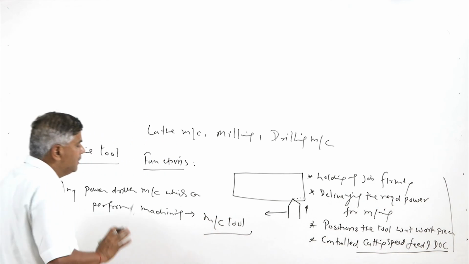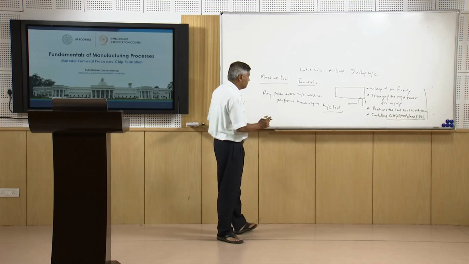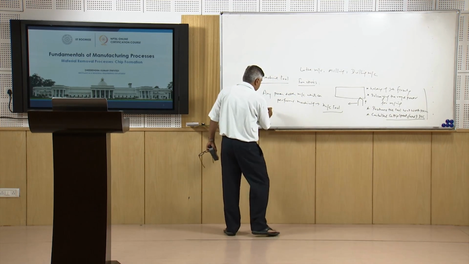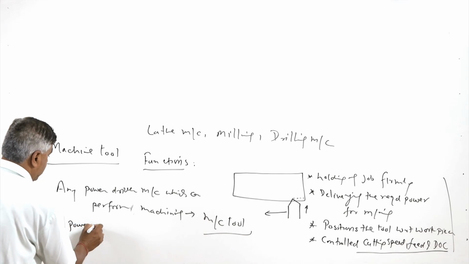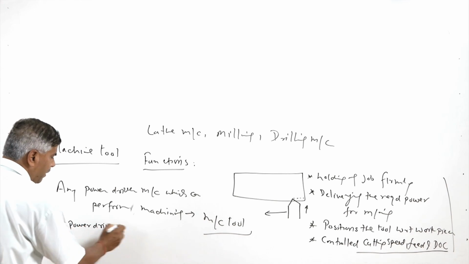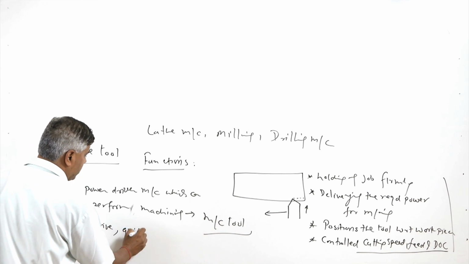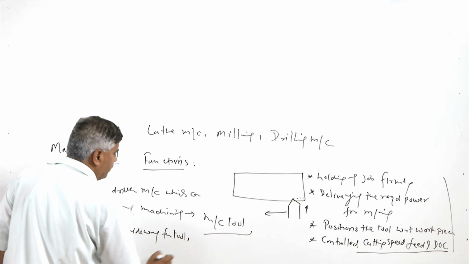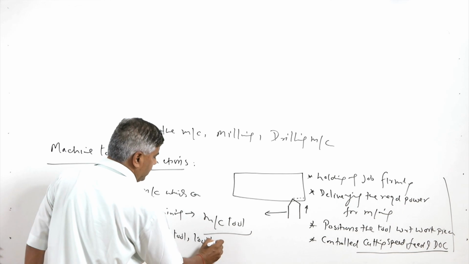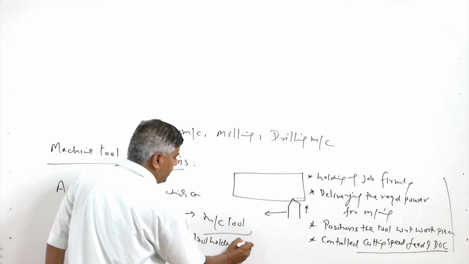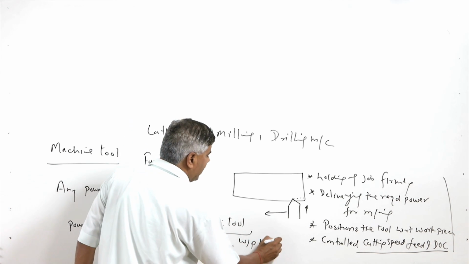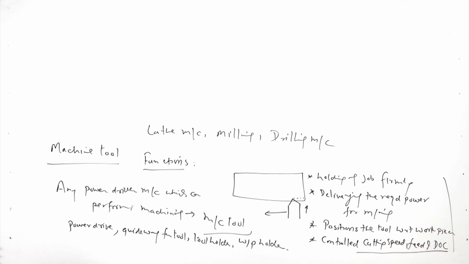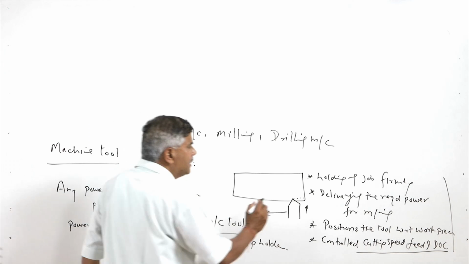A machine tool has a number of systems, like the power drive, the guideways for tool movement, the tool holder, the workpiece holder, and likewise a number of other attachments are normally provided,